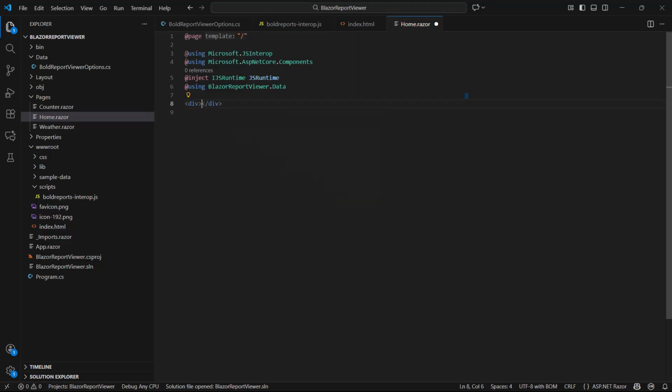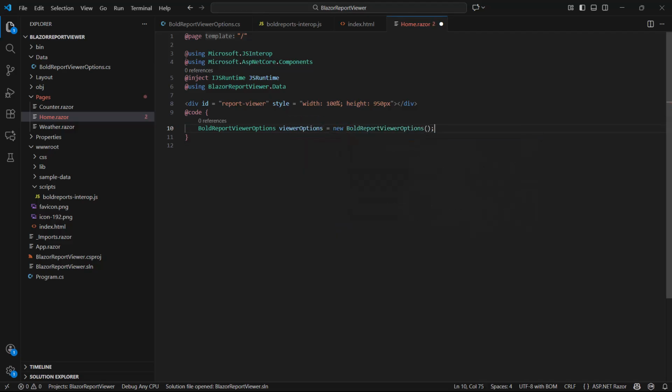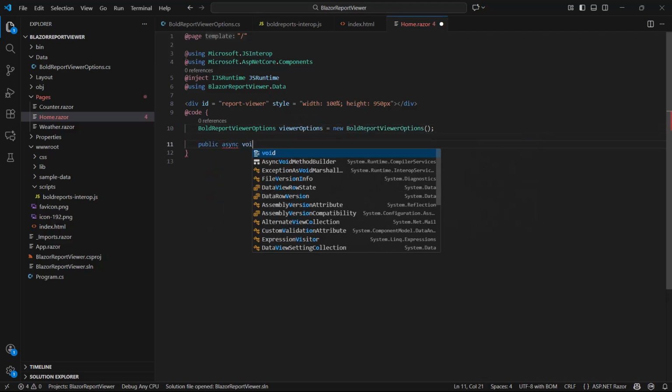Next, I create a div element, which acts as the container for the rendered report on the client side. I assign the ReportViewer ID attribute to this div element. The ID attribute uniquely identifies the HTML element. You can also use the style attribute to add inline styles, setting both the width and height of the div. Inside the @code, I create an instance of the BoldReportViewerOptions class and initialize the RenderReportViewer